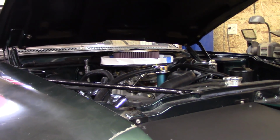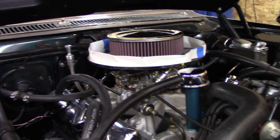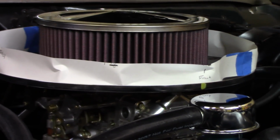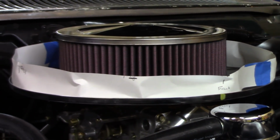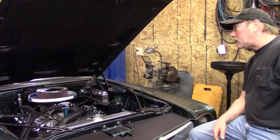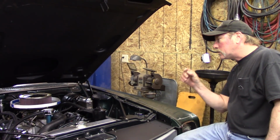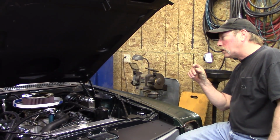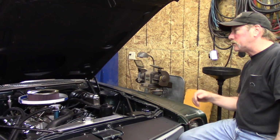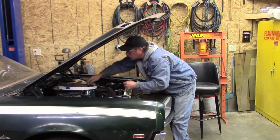Uh-oh. She really took a number there. Better checking it with paper. So this is what we end up for what this base needs to be to seal to this underbody. We clearanced a quarter of an inch, thinking of the engine rock and the foam that's going to fit. So there's a very minimal amount of distance between here and here,